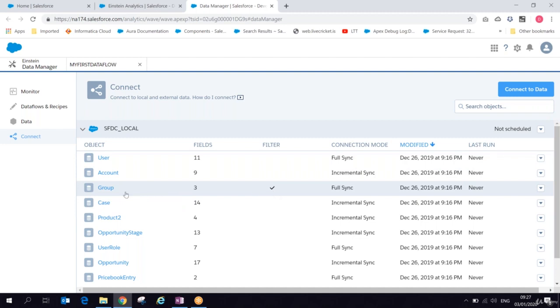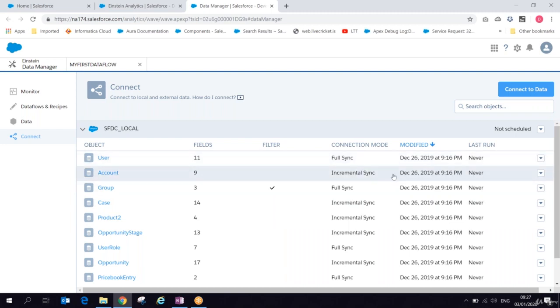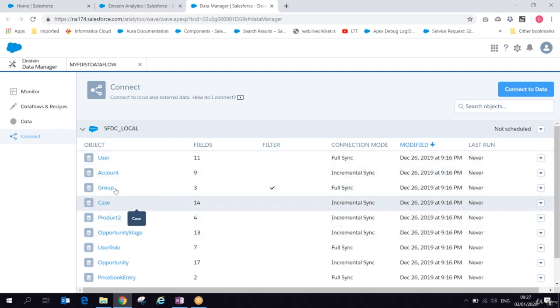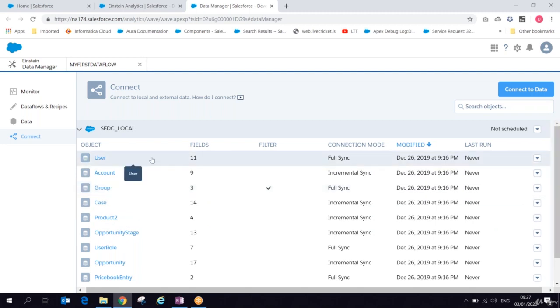And if we have run this data flow to get data to my Einstein Analytics platform, you can see when it last ran. On this screen, if you want to add a new field for an object or add a new object, we can do everything here. So we can add or remove fields to sync, and to sync the objects which have not been synced, we can do that by running my data syncs. Okay, so if I go here, this user object that I have in SFDC local, if I want to sync it, I can go to this drop-down and see run data sync,